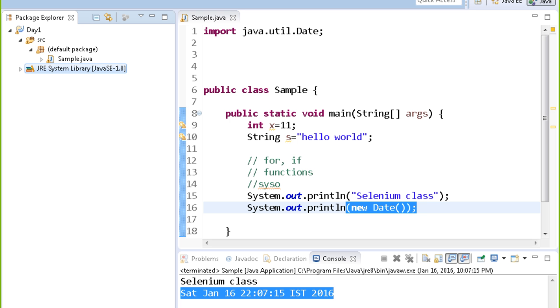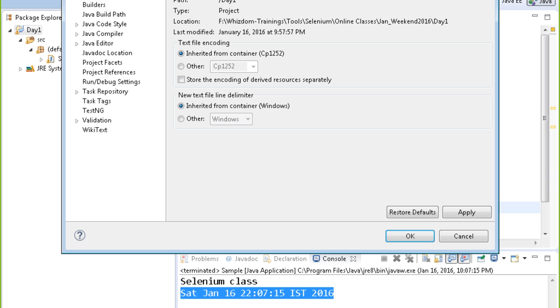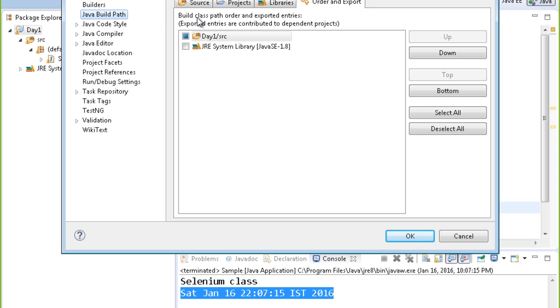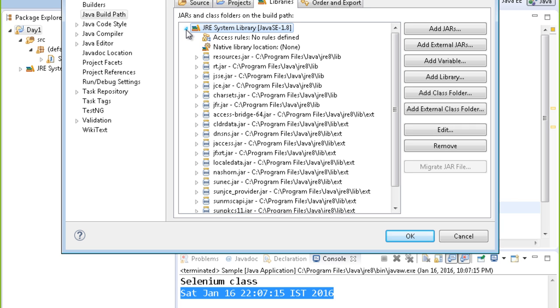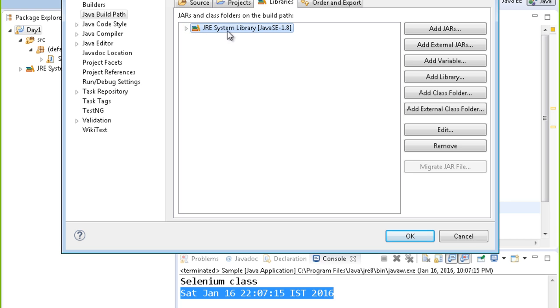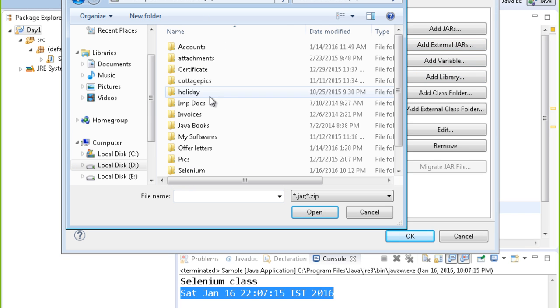Okay, so you open up Eclipse and go to the project. Right click on your project, and go to the properties of the project. Fine. And once you go to the properties, you will see the option Java Build Path. You will have 4 tabs over here. Go to the Libraries tab. The Libraries tab already holds the JRE system library, which contains the jars from Java. And you need to add the Selenium jars over here. Okay. You can click on the Add External JARs button and you can just go and include